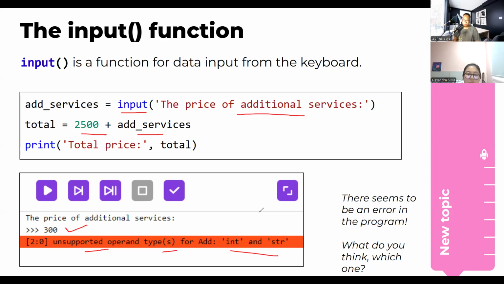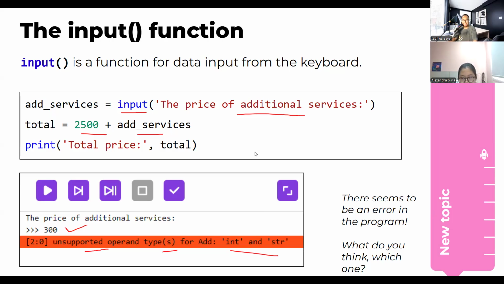The error happened because when we input something into the input function, it's automatically going to be counted as a string. And you cannot do operations with different data types. If one of them is an integer and one is a string, you can't add them up. So you have to change the variable that holds the input from us into the integer data type. Okay, a fantastic answer. That's 100% correct.